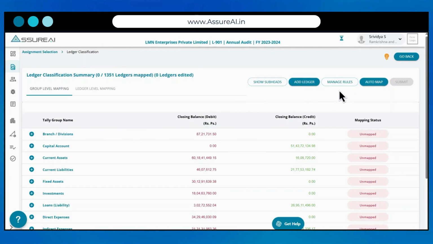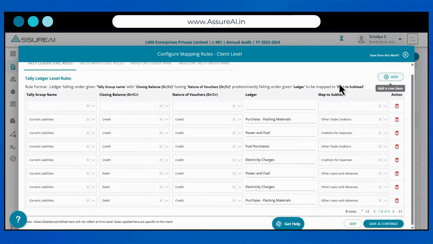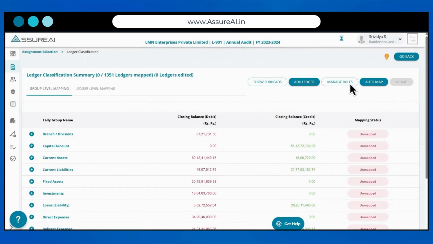The feature comes inbuilt with system-assisted mapping. You can click the Auto Map button to initiate the automated mapping process. AssureAI is pre-configured with a set of rules that automatically maps ledgers to the appropriate subheads. Additionally, the system offers flexibility to configure custom rules, allowing you to enhance the scope of automated mapping beyond the default set. In this example, the imported books contain